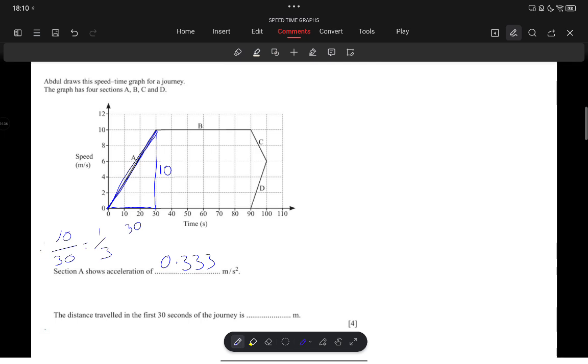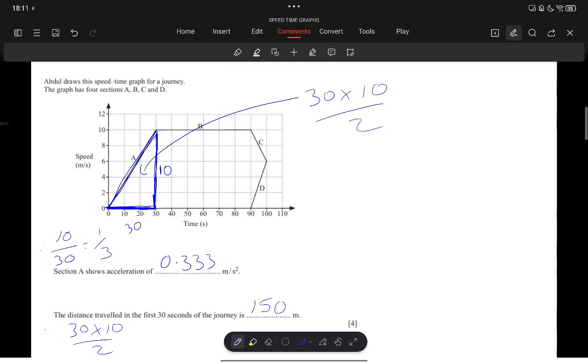So the distance traveled in the first 30 seconds. So they only want the distance traveled in the first 30 seconds, not the whole of the journey. The whole journey is impossible, isn't it? Because part D is impossible, but they only want the first 30 seconds. So it's this part of the journey here. And remember, distance traveled is the area under the graph. So it's the area under this triangle. So base times height divide by 2. So 30 times 10 divide by 2. And that's going to give me